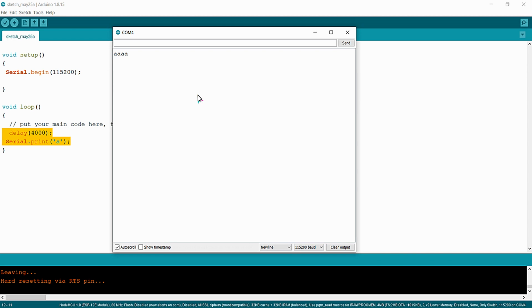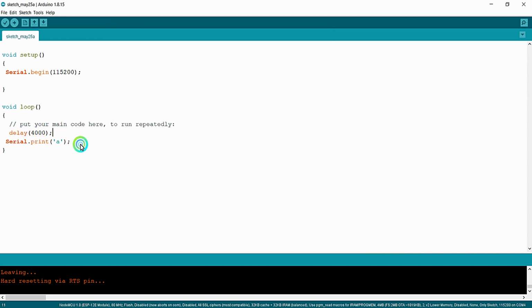That is, the NodeMCU is transmitting character A through its UART port every 4 seconds. Since we have written these two lines inside the void loop, these two lines are executed every 4 seconds.